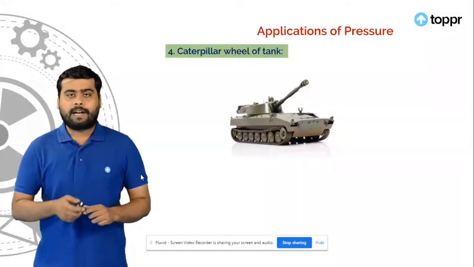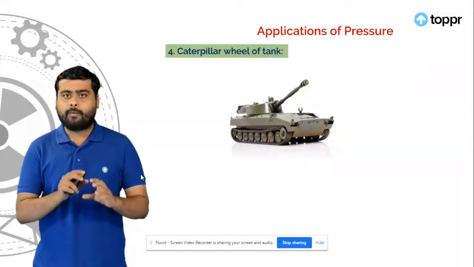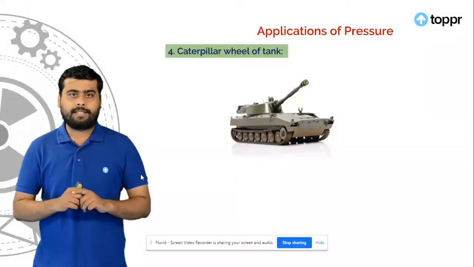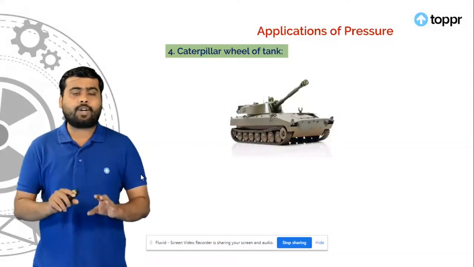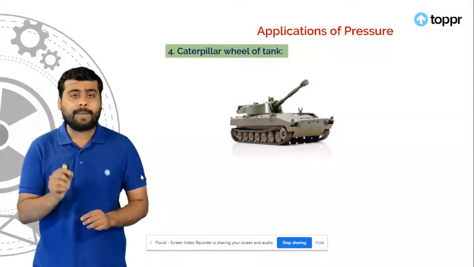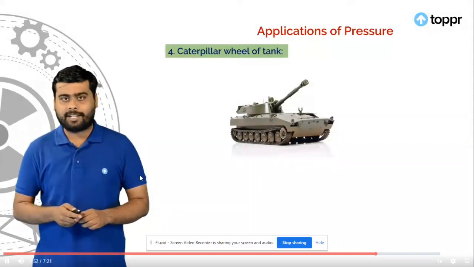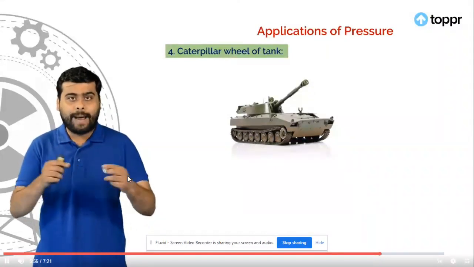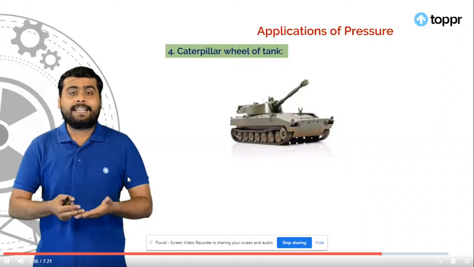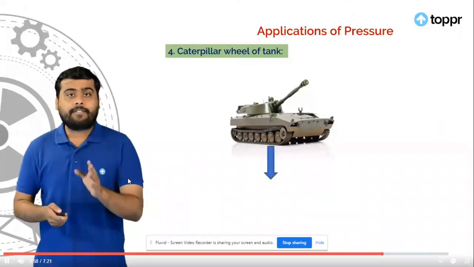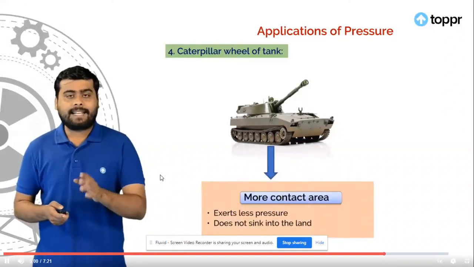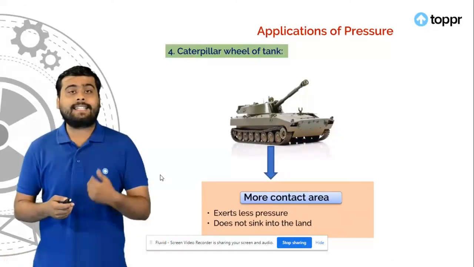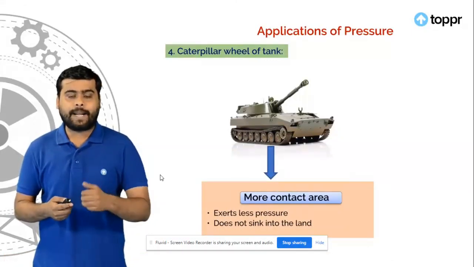How? You observe that this tank has wheels which are not very regular wheels. These wheels are placed on a belt which has a caterpillar-like structure. Now because of this caterpillar-like belt, it increases the surface area, and that's the reason the contact area is more, hence it exerts less pressure and prevents